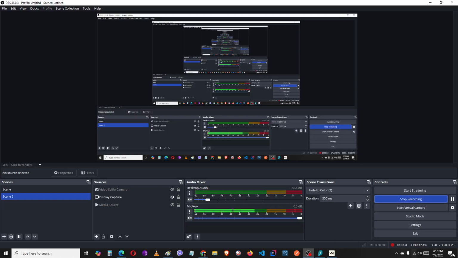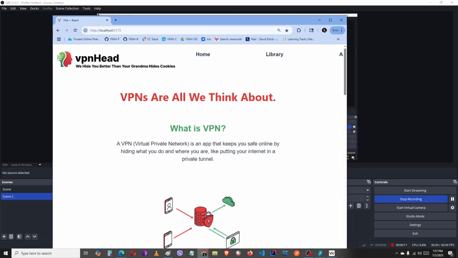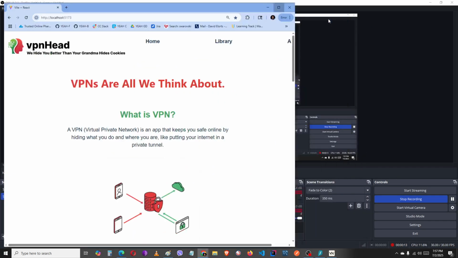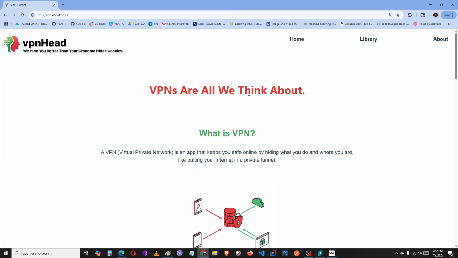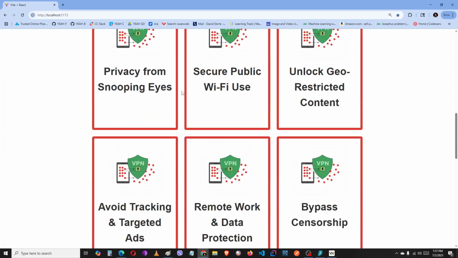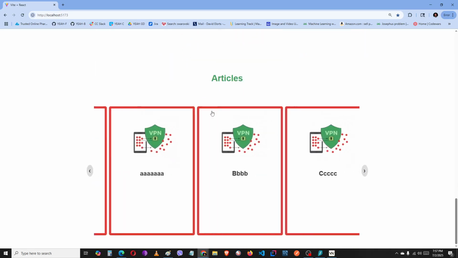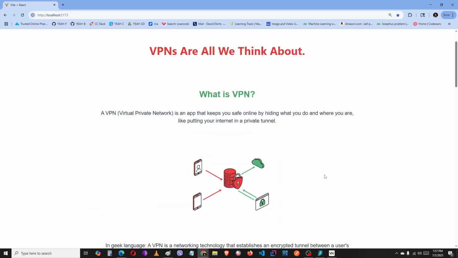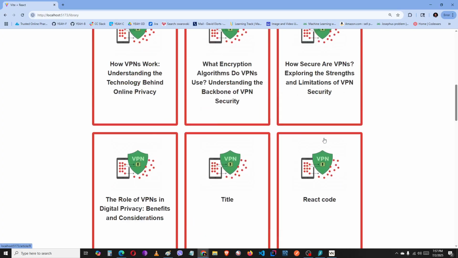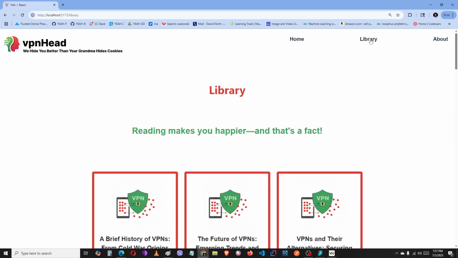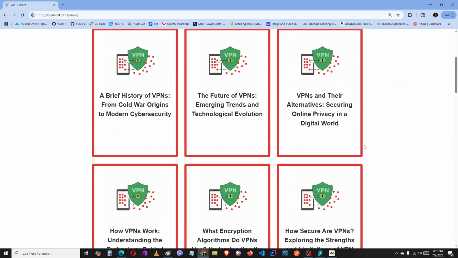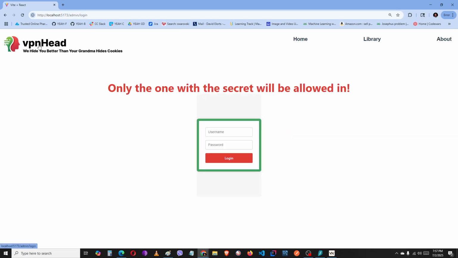Today we're gonna work on our vpnhead.com project. This is what we accomplished. The home page, some information, some articles, we have library, we have about page, and then what we did the last was the security issue. So this is the admin login,